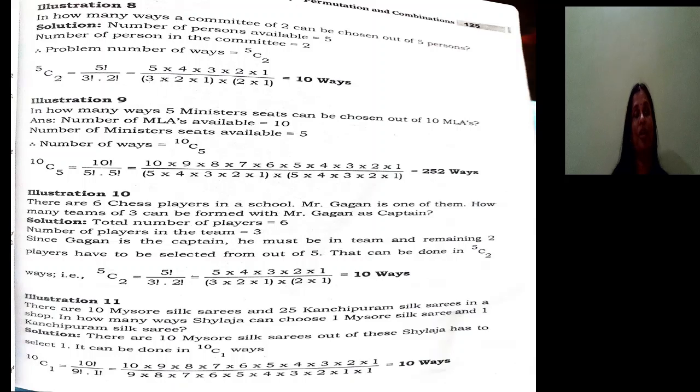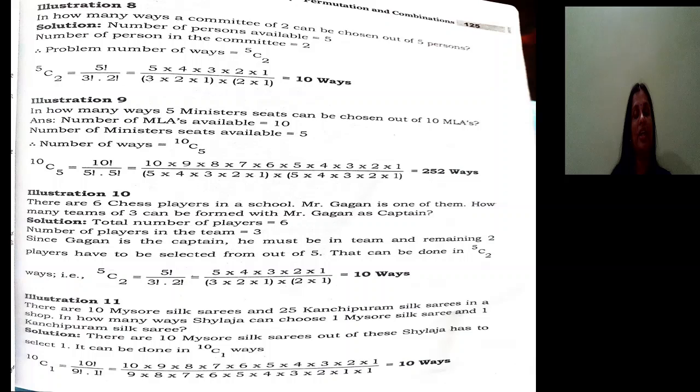Did you get my point? So there are 6 chess players. Try to understand. If we want to make a team of 3 and Gagan must be there in the team. So means Gagan is already selected. How many left out of 6? 5. Now in it, we can form a team with 3 players. Already Gagan, we took Gagan. So we need to take 2 out of 5. Why out of 5? Because Gagan is not there. Gagan gets selected. So 2 out of 5. So answer is 10 ways. So 5C2, 5 factorial divided by 5 minus 2 factorial into 2 factorial. So answer is 10 ways.